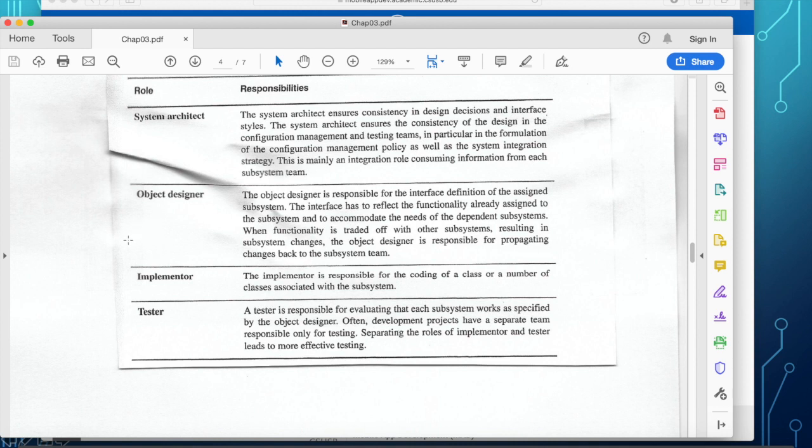And as I have told you, the system architect is the one that creates the blueprint of your entire software.